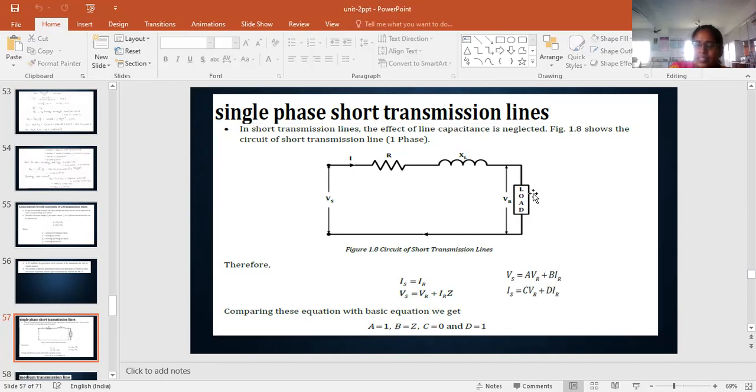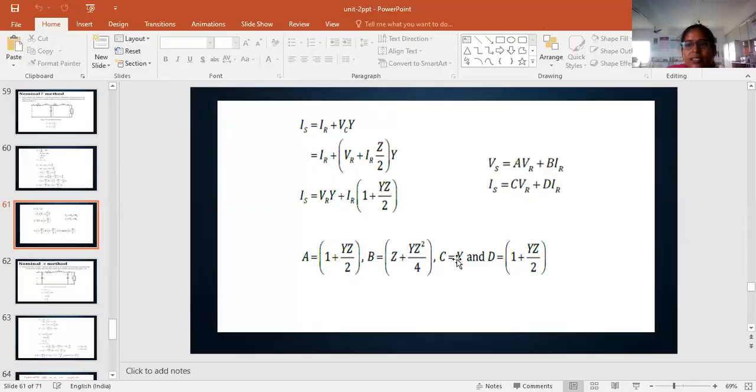Sending end current and receiving end current. For the voltage expression, we can derive Vs equal to Vr plus drop, okay? Vs, sending end voltage, equal to receiving end voltage plus drop. If any current divisions occur, current values Is equal to Ir plus Ic. Okay, in the same manner, we can do all derivations. And one more thing is there, and we can easily identify the formulas of ABCD.